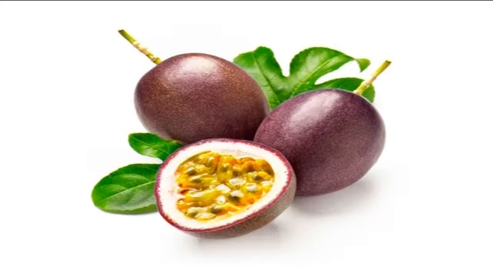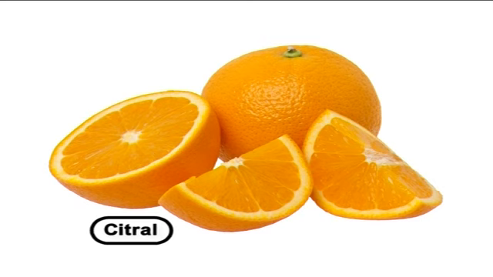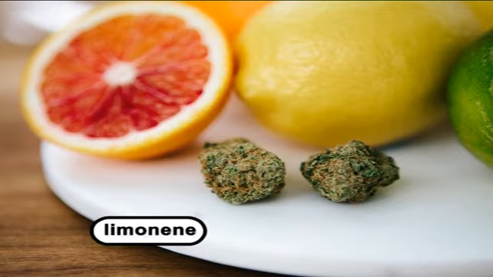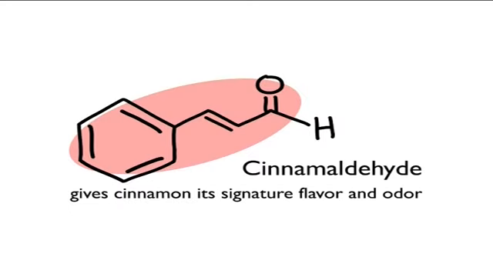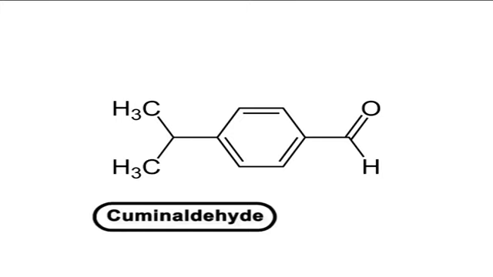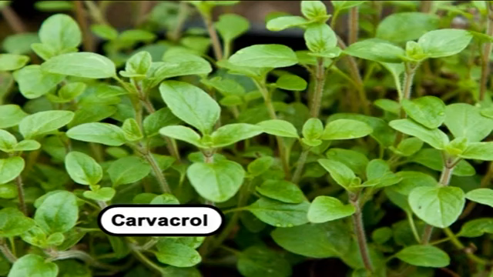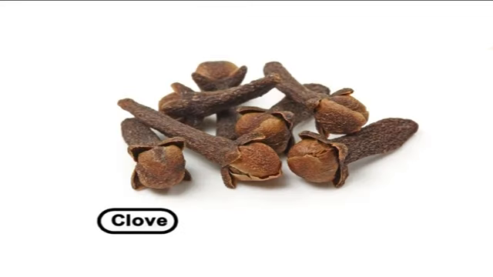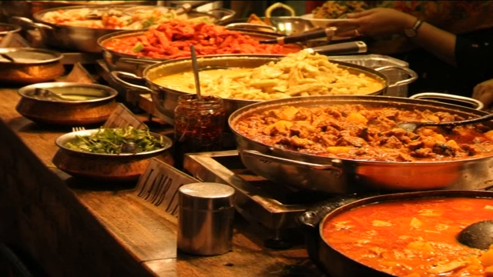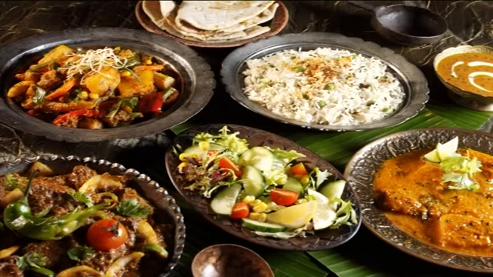In fruit fragrance, linear terpenes such as citral and linalool from fruits, cyclic terpenes such as limonene, menthol, etc. Several volatile compounds from spices such as gingerol and zingiberine from ginger, cinnamaldehyde from cinnamon, cuminaldehyde from cumin, thymol, carvacrol, pinene, cymene, eugenol from ajwain and clove, etc. are the key compounds involved in processed foods, as these spices are an integral part of Indian cuisine.